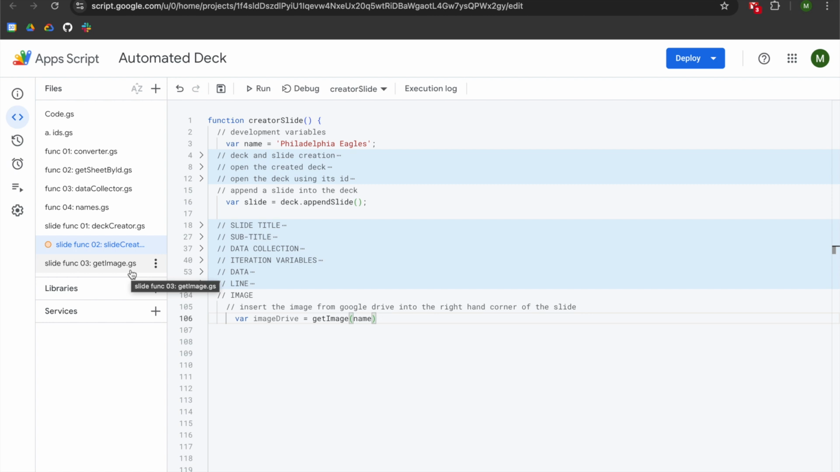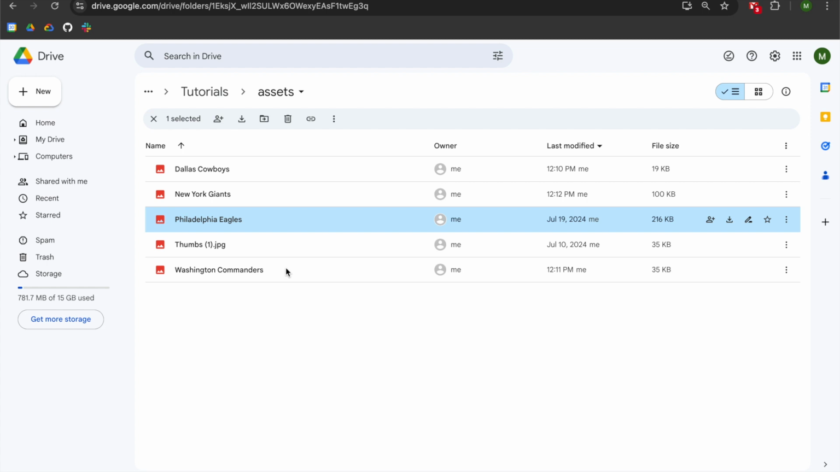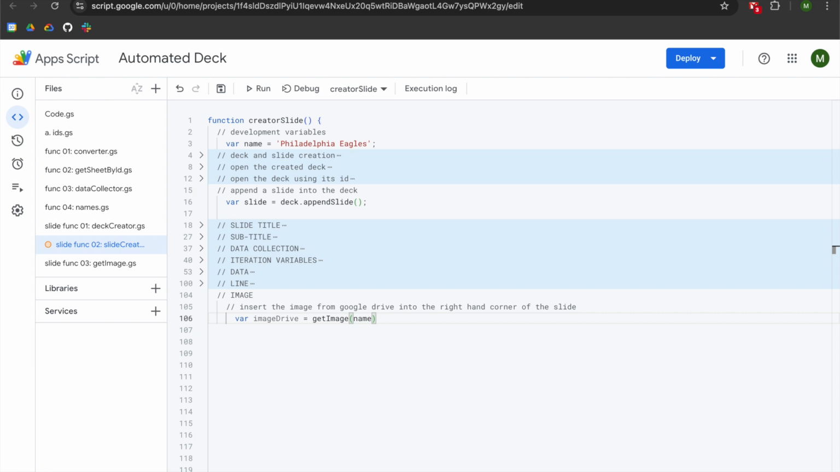So basically we're using the name in order to evaluate if an asset exists in a Google Drive folder, and then we're going to extract the ID of that asset so that we can insert it into our slide. So this imageDrive variable is extracting an image as long as one exists. We're going to hit enter twice, left arrow twice, and we're going to add 2 slashes for a comment. And we are going to say error management